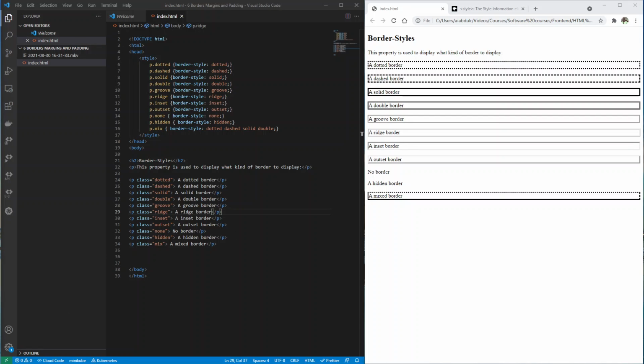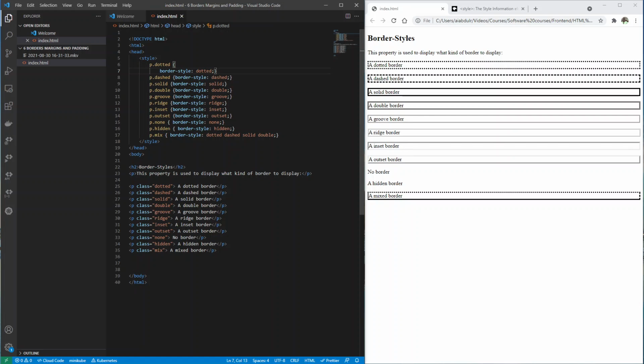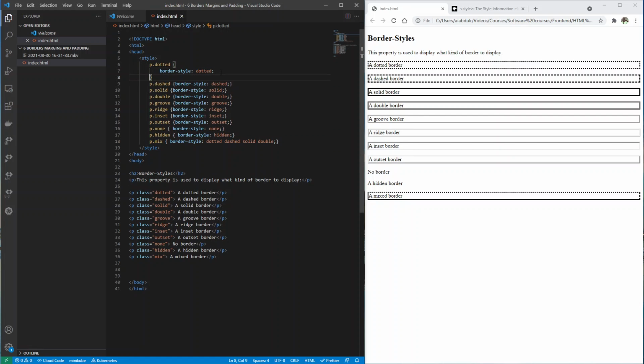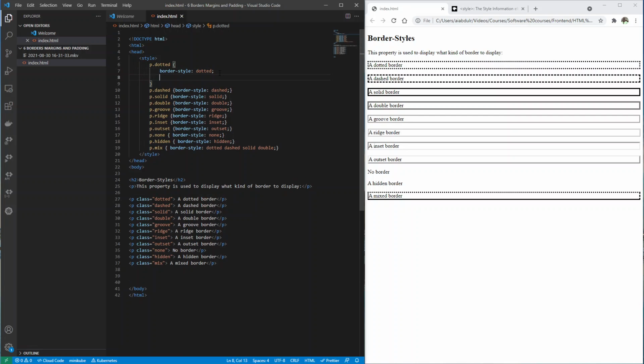So the next property that we want to look at is the border width, right? You can see the width of the border here is set. If you wanted to change the width of these borders, you could. So we are going to be looking at how to do that. I'm going to take the first one, which is the dotted style, the first one on top here, and I'm going to add another property, and this property will be called the border width,